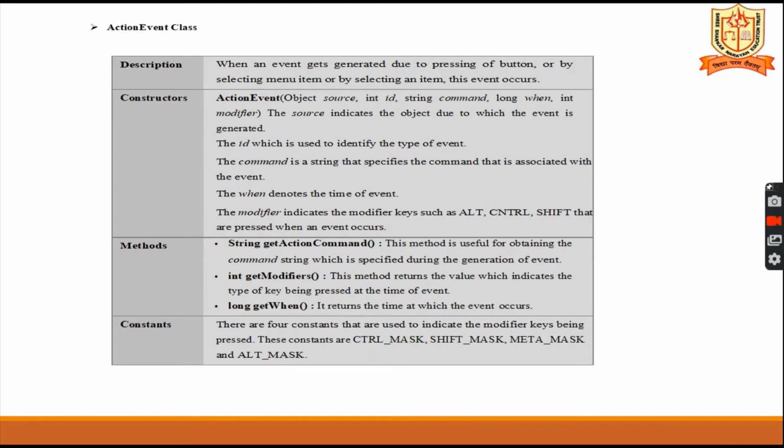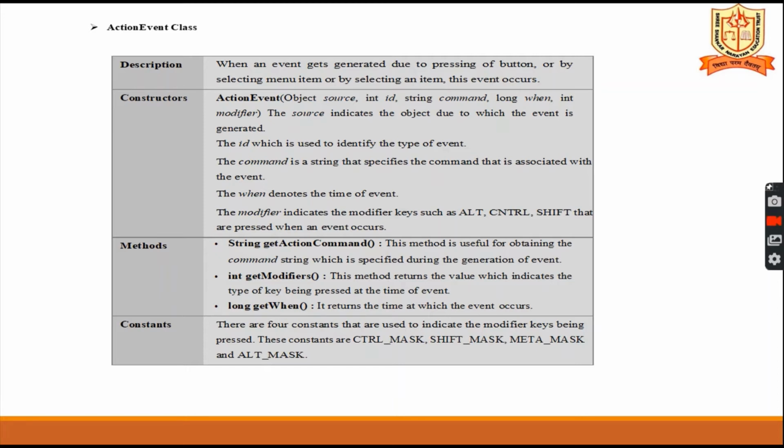And long getWhen returns the time at which the event occurred. These are the methods present in the ActionEvent class.